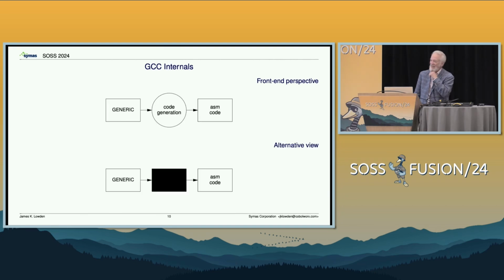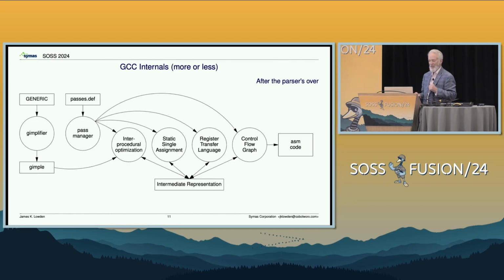So from there, it's a little harder for me to explain exactly what happens. I'll take my shot. But to me, the back end of the compiler is very much a black box. That's partly my fault, because I do the parsing. And it's partly not my fault, because it's not all written down. But here's one man's understanding of what this looks like. And I want you to be very happy you're here today, because this diagram doesn't appear in their documentation. Which means it might be right, or close.